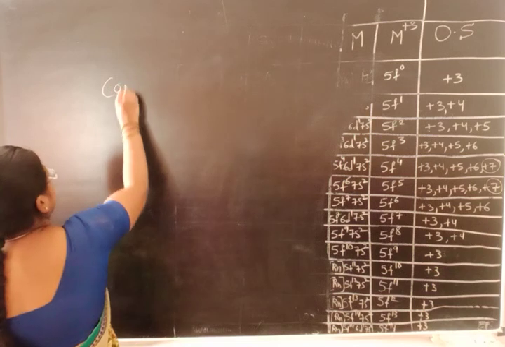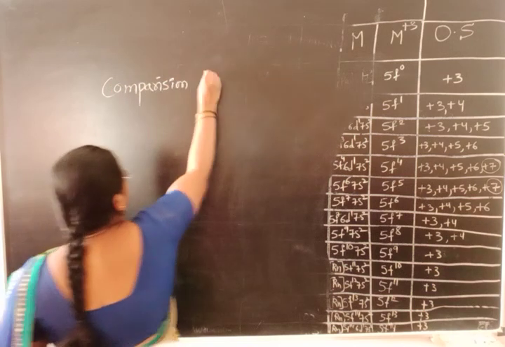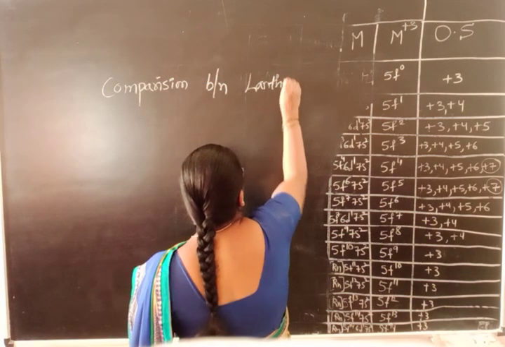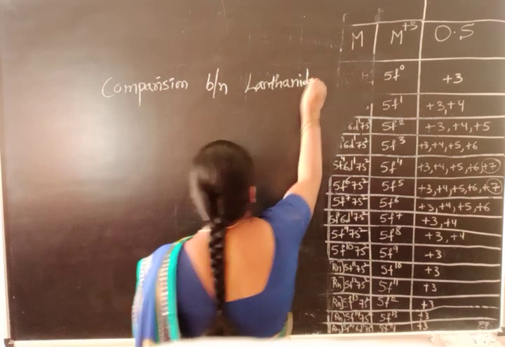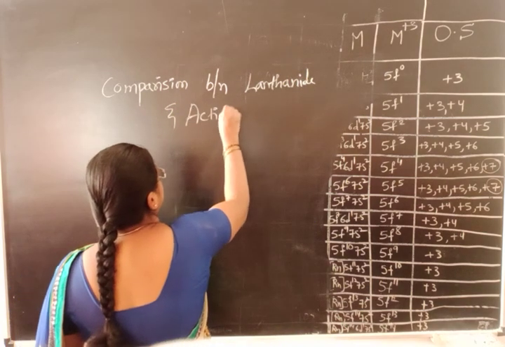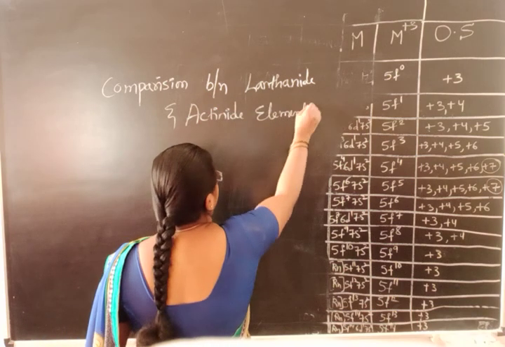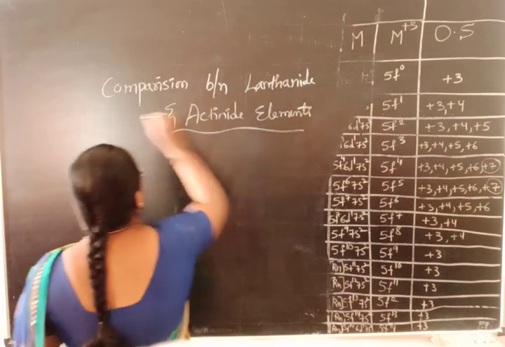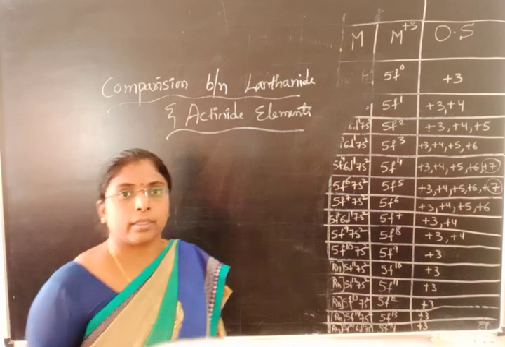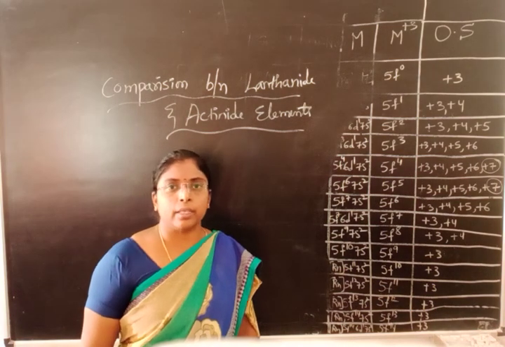In the exam, you get a 2 marks question: write any 2 differences between the lanthanide as well as the actinide elements. Here, if we compare the lanthanide and actinide elements,